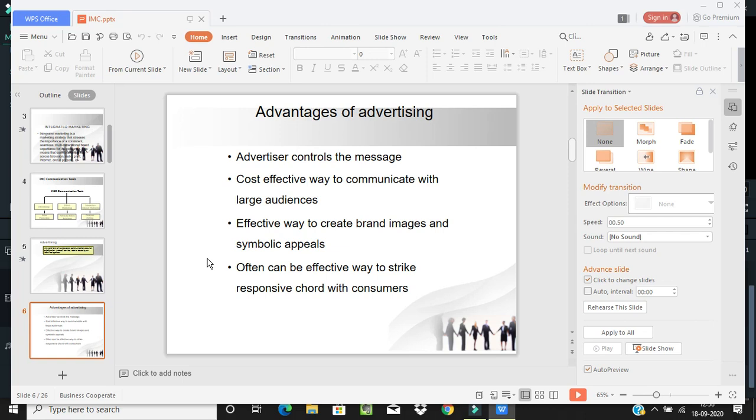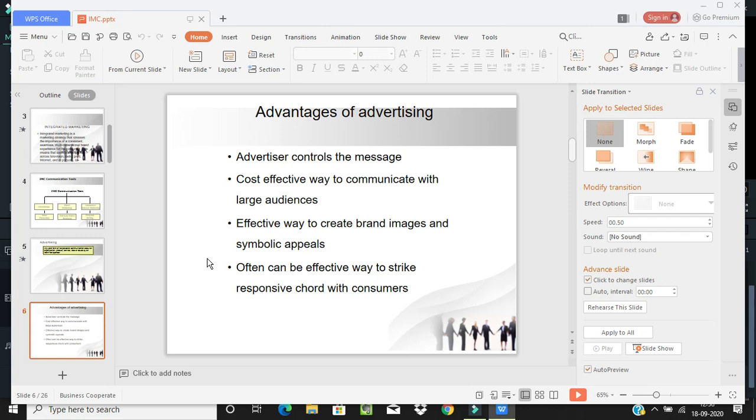The cost effective part. See, with the help of advertisement, should we always advertise day by day, or only at the time of starting a new product, or also in between, or is there no need? All these things will be focused on by the advertisers, and cost effective communication will reach a large audience. So instead of targeting everyone, he will focus on TV channels, where the whole country can see it and they can communicate. Sometimes people will not watch TV, and they will focus on the newspaper, so he will focus on the newspaper also.